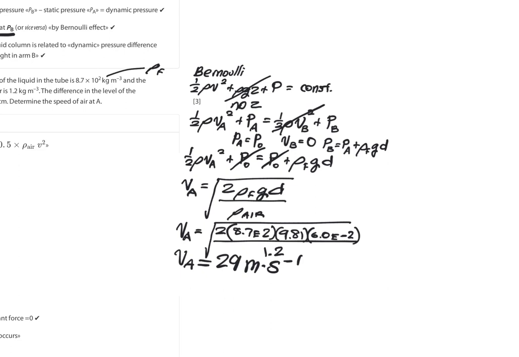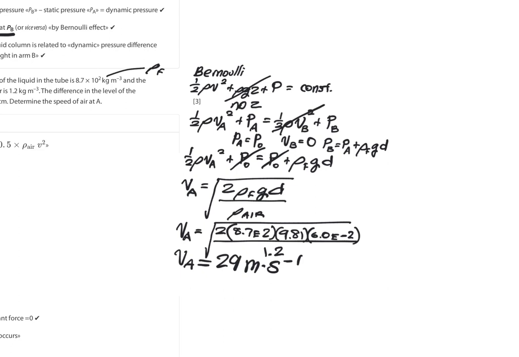Now, the deal with the pitot tube is that we have stagnation pressure at B, so there's no velocity there. So 1/2 rho VB squared is 0 because VB is 0. Velocity at B is 0. Also, at A, we have the static atmospheric pressure, and so that pressure at A is atmospheric. And we have the pressure at B